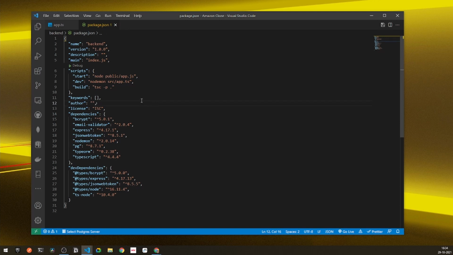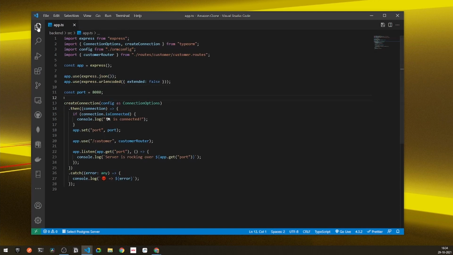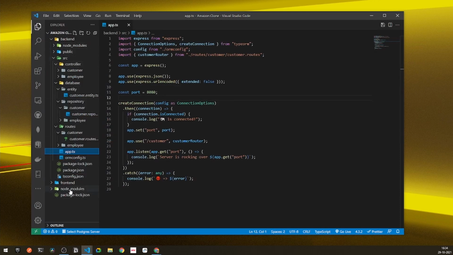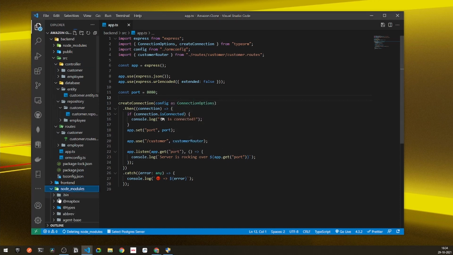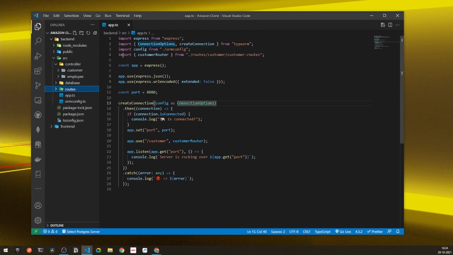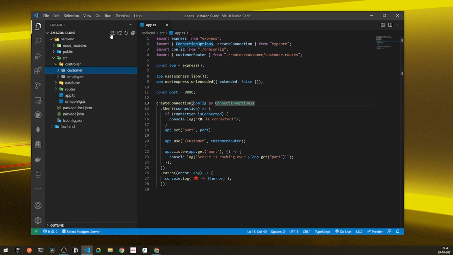So now let's get started with the working actually. So now what will be happening here? What I'll be doing? Alright, first of all, let me delete the entire module folder because I don't need that. Alright, let's delete all of them. Alright, so all of them are deleted. So now you can see here, if you have seen the previous tutorials, we have got all the controllers, repositories, entities, etc. So now under my customer folder, I will be creating a controller known as